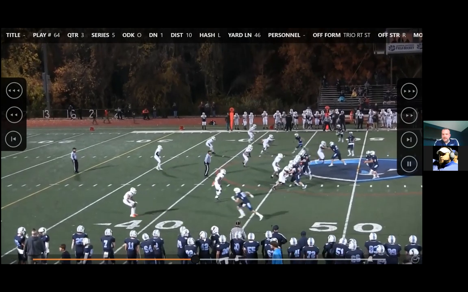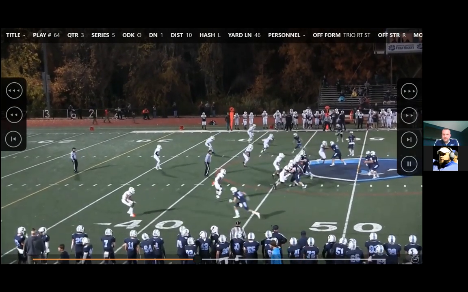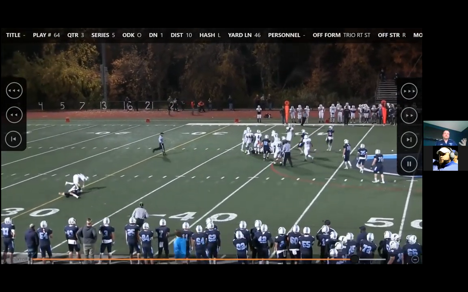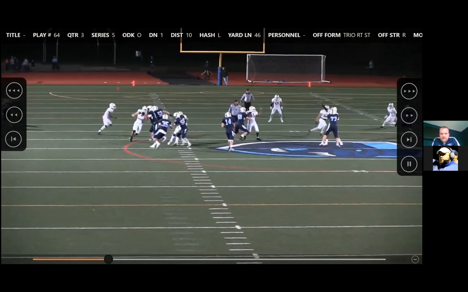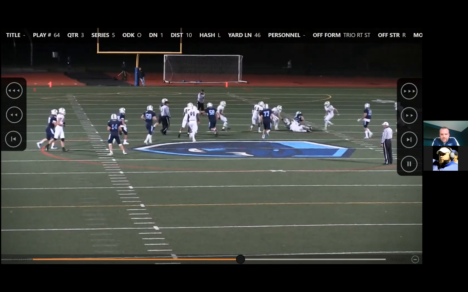We are reading the backside, inside backer. He scrapes in pretty hard. Pull, throw to that spot. Again, it's not a huge gain, 6 or 7 yards, but to us, this is an effective way for us to move the football and stay on schedule.